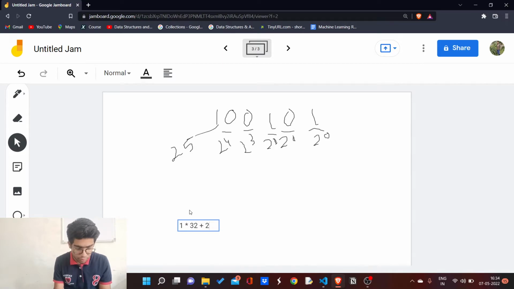Similarly, 0 into 2 power 4, which is 16, plus 0 into 2 power 3, which is 8, and plus 2 power 2, which is 4, 1 into 4, and similarly 0 into 2 power 1, which is 2, and plus 1 into 2 power 0, which is 1.